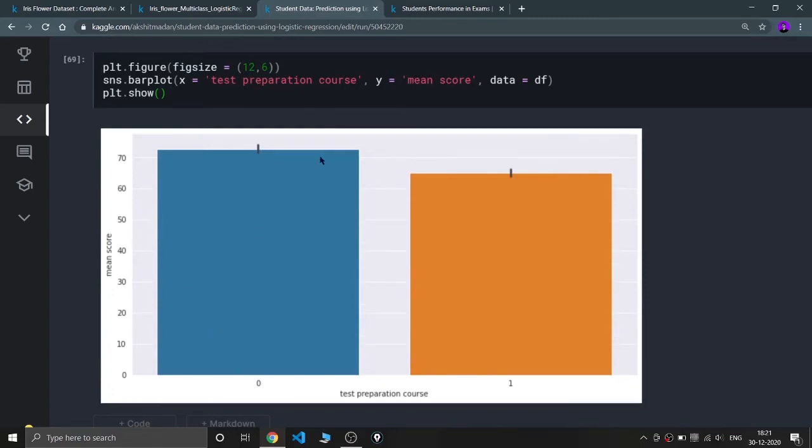After this, I am plotting a bar chart denoting the y as my mean score. So this is my mean score, and this x as test preparation course. So this clearly tells that the students who have done the course, that means 0, they are getting more mean score, and the students who have not done the course, they are getting less mean score, right? So their average score is less. That means the students should focus on doing the test preparation course so that their mean score should improve, right? Okay,